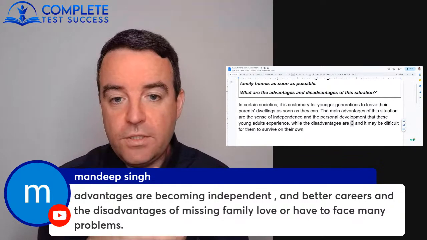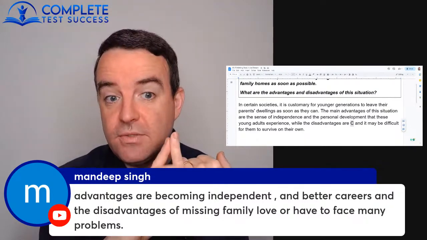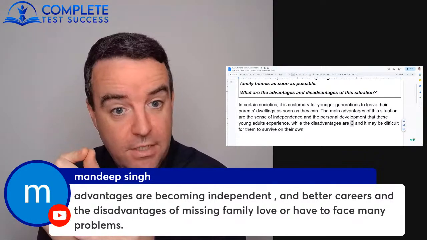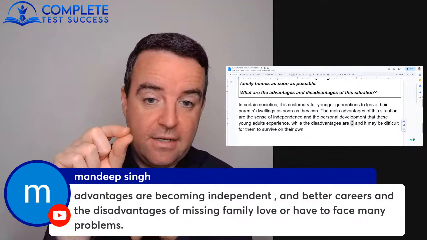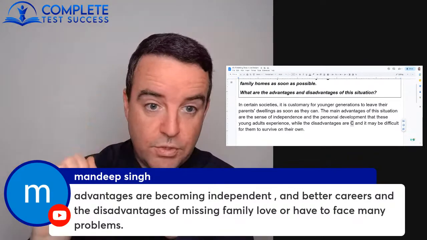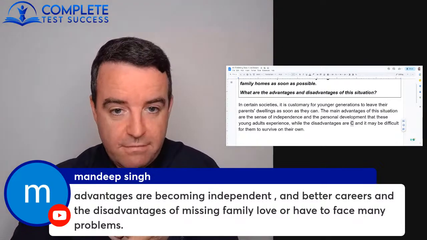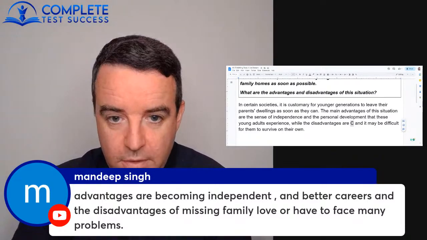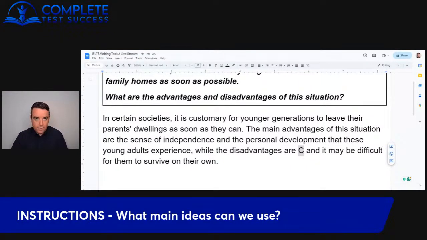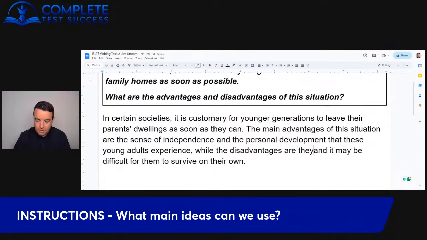So what you would do instead is take one of those problems. So instead of saying they'll face many problems, you think about one specific problem that you're thinking of and replace that and put that in as your main idea. So don't say many problems, choose one, put that in instead. Okay, so missing their families, definitely that's suitable. So I'm going to take that as our other disadvantage and say, well, the disadvantages are they miss their families